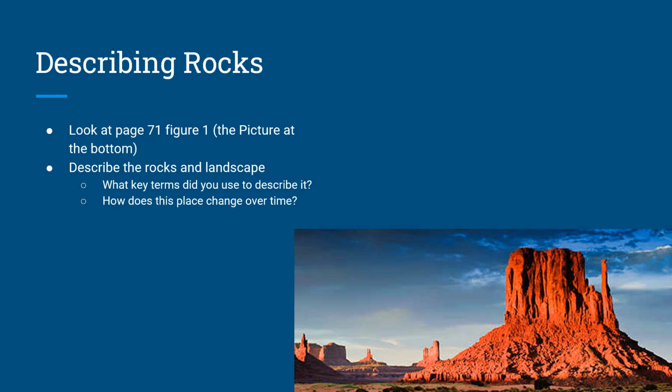So some things that we could say: it has a reddish tint, it is eroded, it has some weathering that's happened, it looks like it used to be a bigger form. So how does this place change over time? So as weathering and erosion continue, the formation will eventually become smaller and smaller as pieces of rock are removed